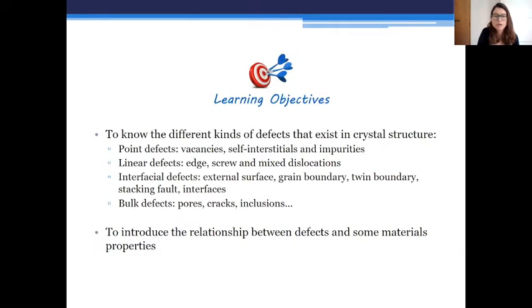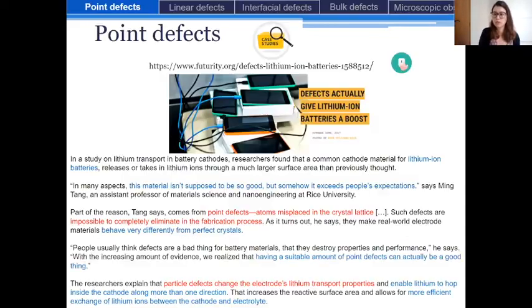So the objective is to describe these different kinds of defects, and to introduce some relationship between defects and some materials properties to see how we can benefit, how we can obtain specific characteristics by introducing defects in our crystalline materials. So the first kind of defect that we are going to focus